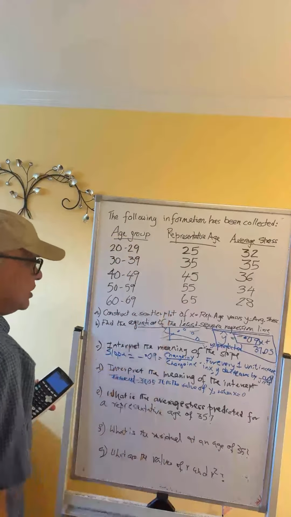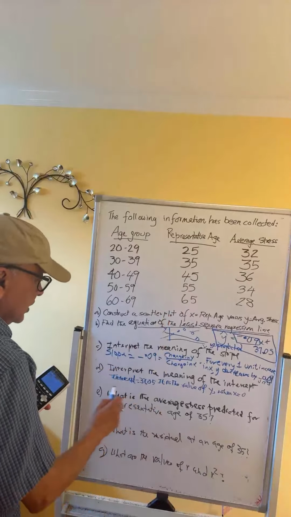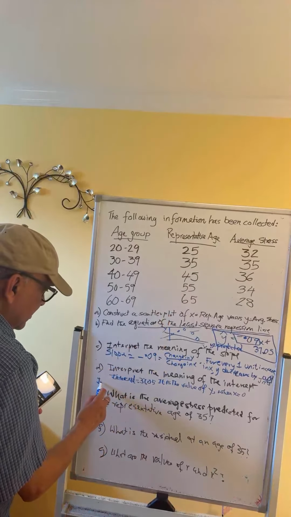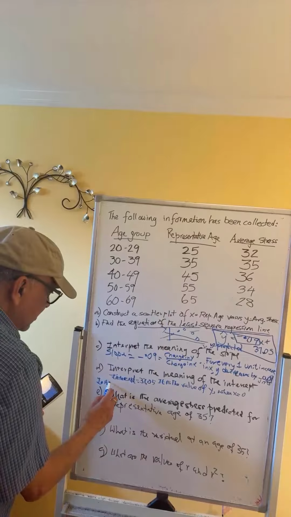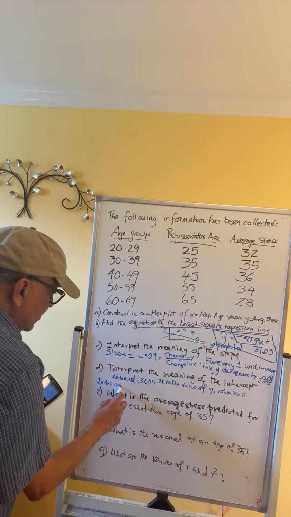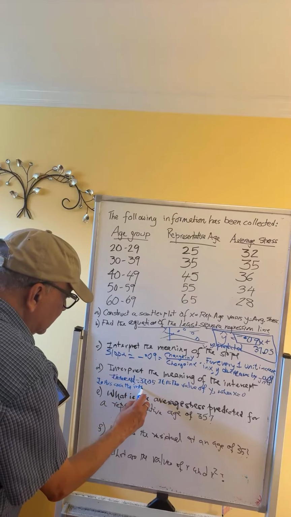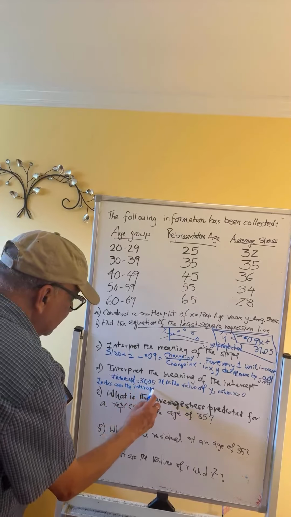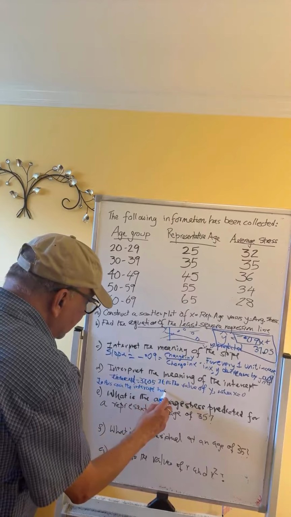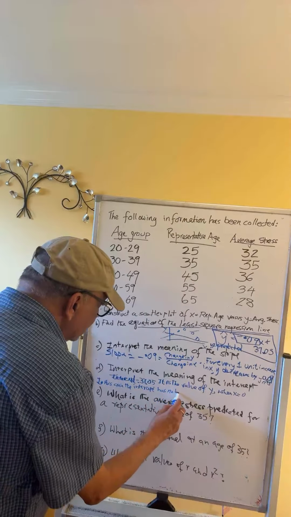What is the representative age? 0. In this case, the intercept has no meaning. Intercept has no meaning because